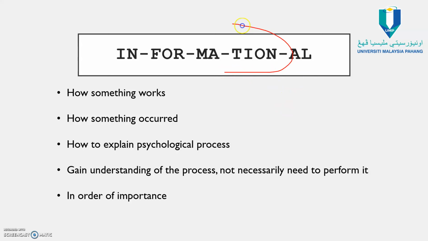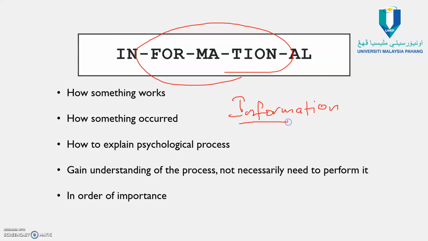For informational approach, the main concern is on the information. So over here, you are going to look at the information, and your task as the presenter for the audiences is to inform them. So for informational approach in process explanation, you're going to look at how something works, how something occurred, how to explain the psychological process, how to gain understanding of the process but not necessarily need to perform it,